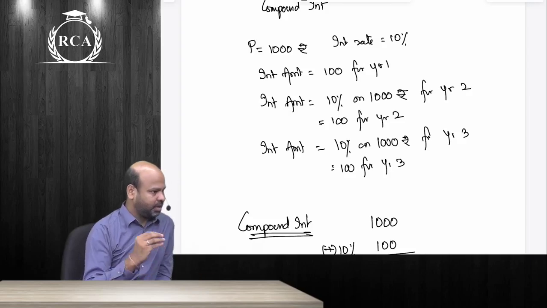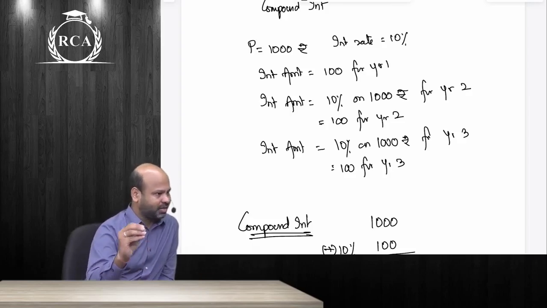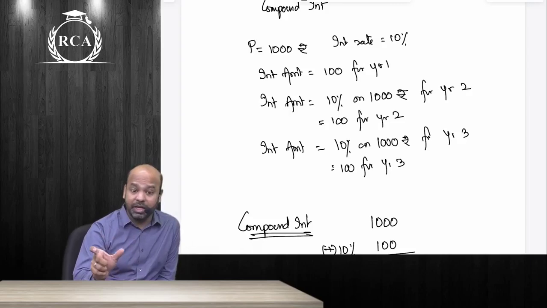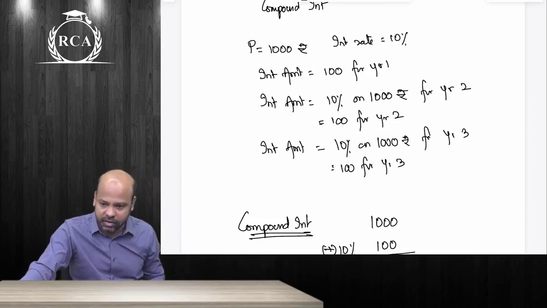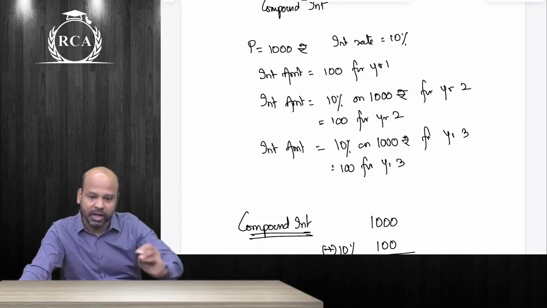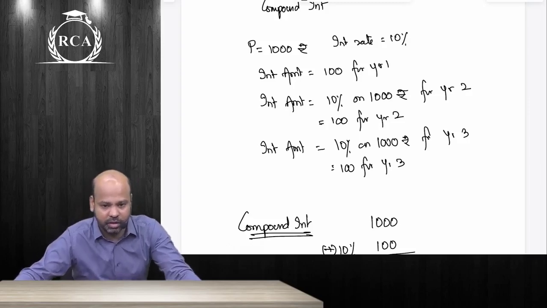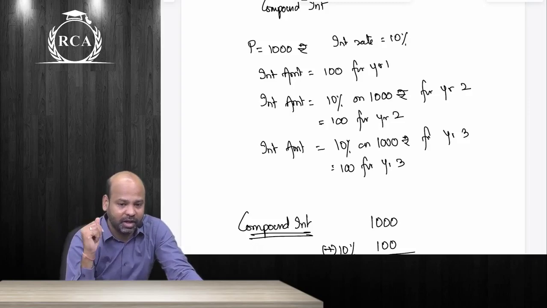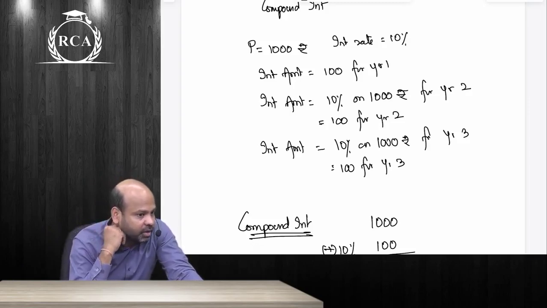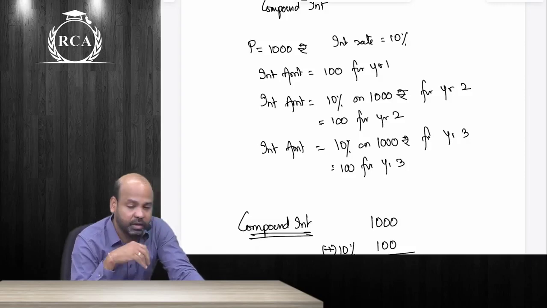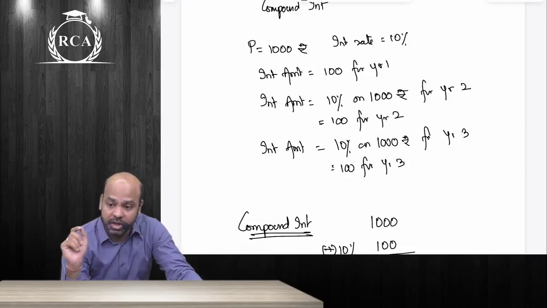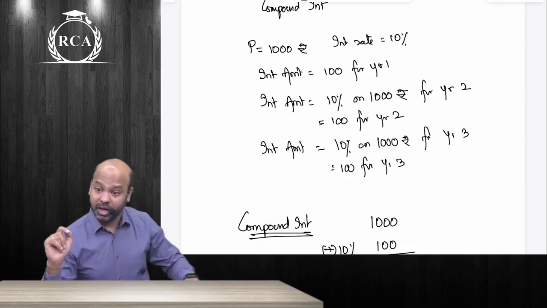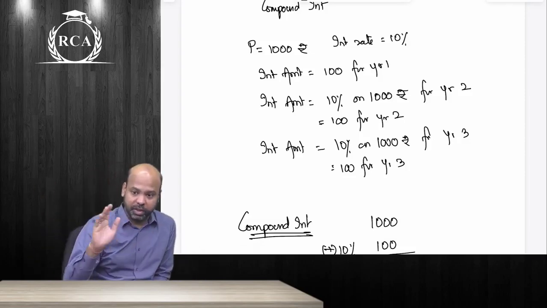Simple example. I give a loan of 1,000 rupees, guys, say to Nandini. The interest income for the first year is 100 rupees. She gives me that interest at the end of first year. What should be the balance lying with her? 1,000. Why will she give me interest on 1,100 in the next year? Did she not pay me interest at the end of first year only? Yes or no? Interest was given to me at the end of first year. She will not give me interest on 1,100 for the next year, even if this was compound interest.